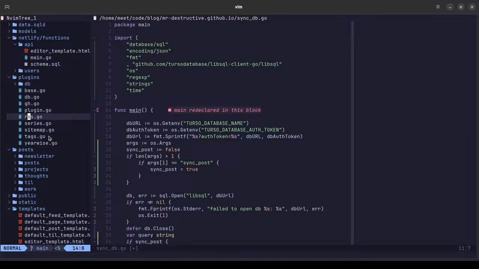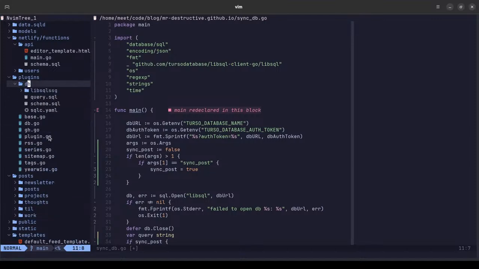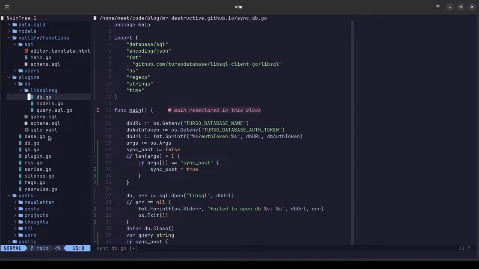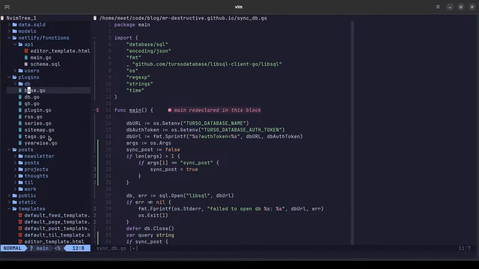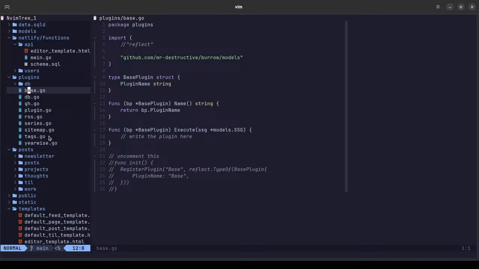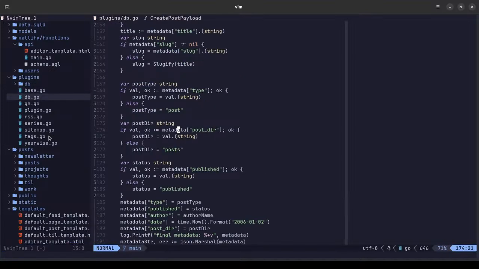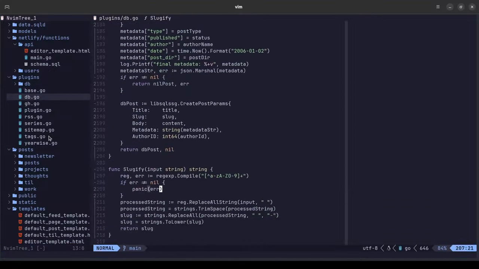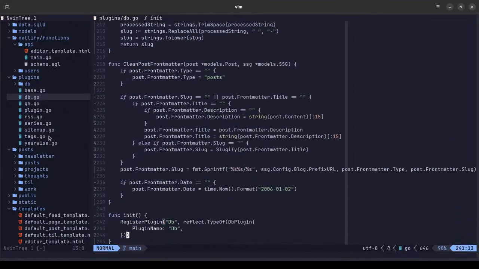So inside of plugins, we can have some utils, some db, base, no, db.go, yeah. So here we can actually get